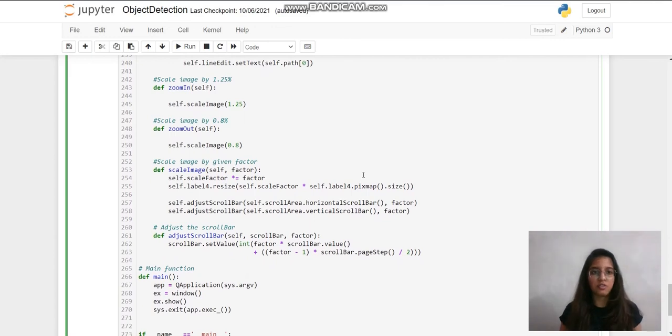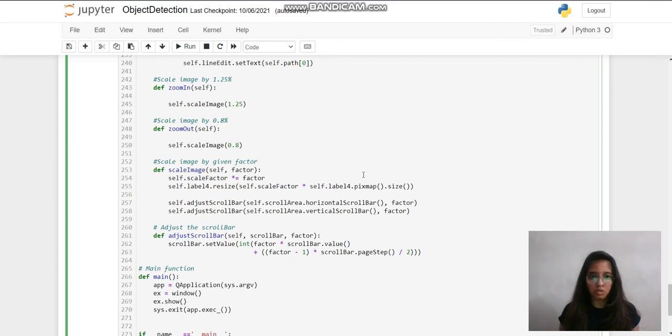Then functions come: zoom in, zoom out, scale image, and adjust scroll bar. The zoom in function will internally call the scale image function with a value of 1.25 as argument, and zoom out with 0.8 as argument. So what will scale image do? It will scale the image by the factor. If we zoom in, it will scale the image by a factor of 1.25, and if we zoom out, it will scale the image by 0.8.